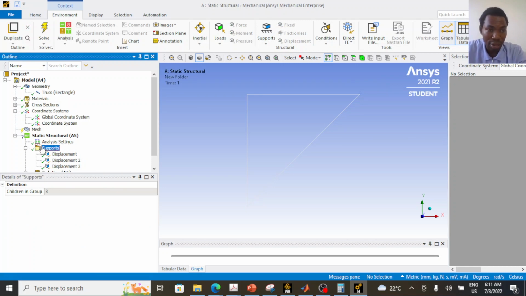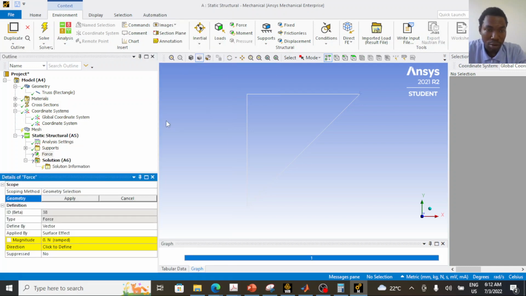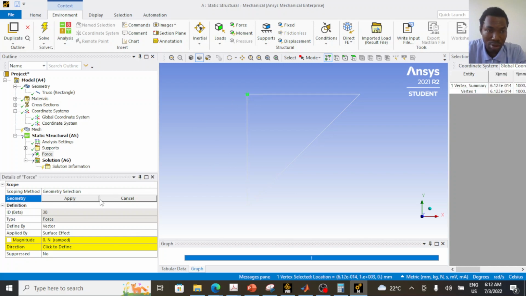Not important, not relevant, but you can do this. So I'll now define my load, insert force. I only have one structural load for this model. So I'll select the node at this node, apply,